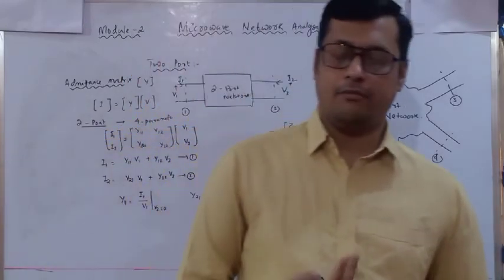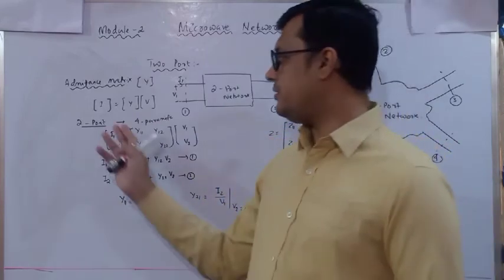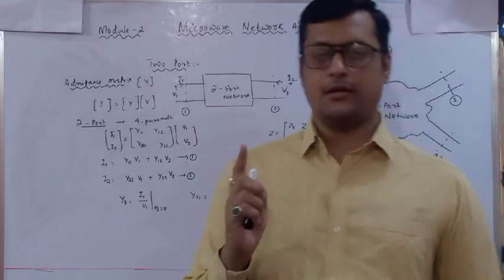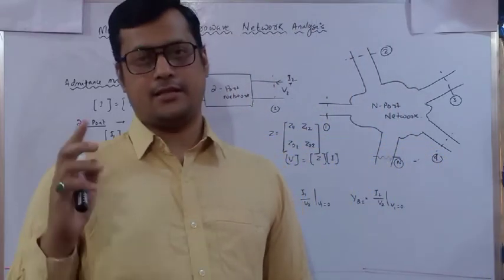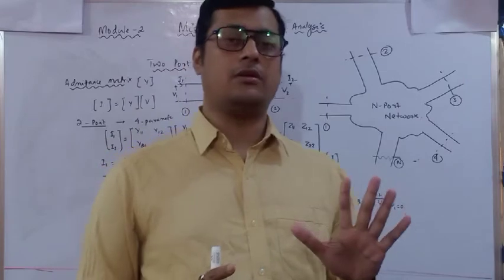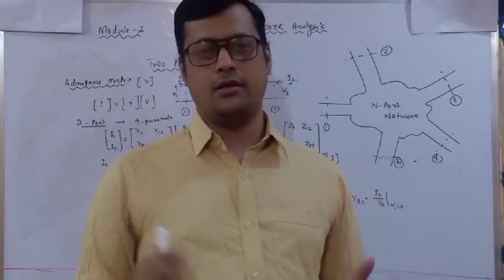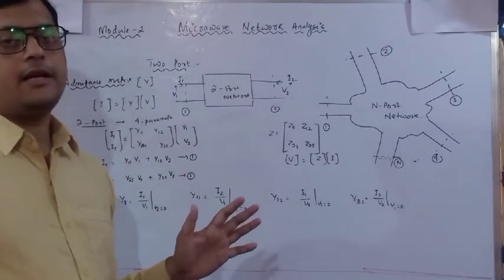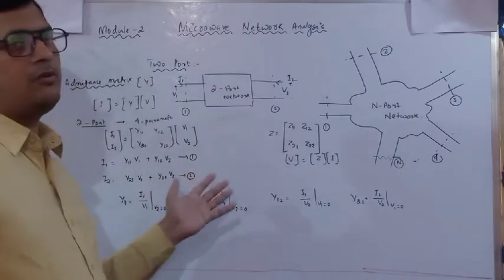It can be 2, it can be 3, it can be 4. So if it is 2 port, 4 parameters. If it is 3 port, 9 parameters. If it is 4 port, that means 16 parameters. If it is 5 port, there are 25 parameters we are going to discuss. Okay, so these are the simple relations through which we can analyze which particular port we are going to short